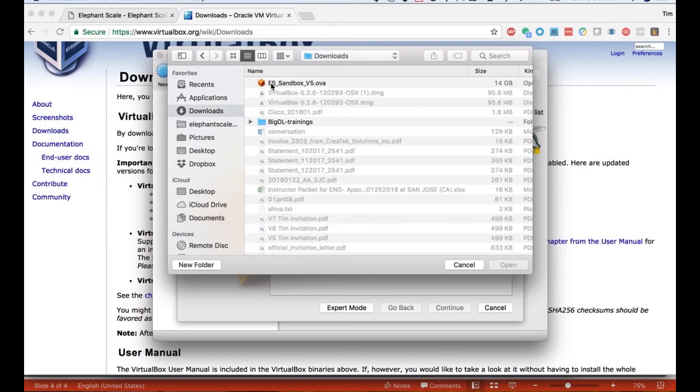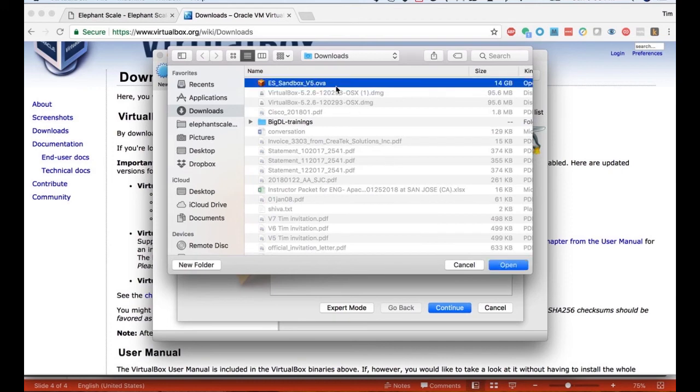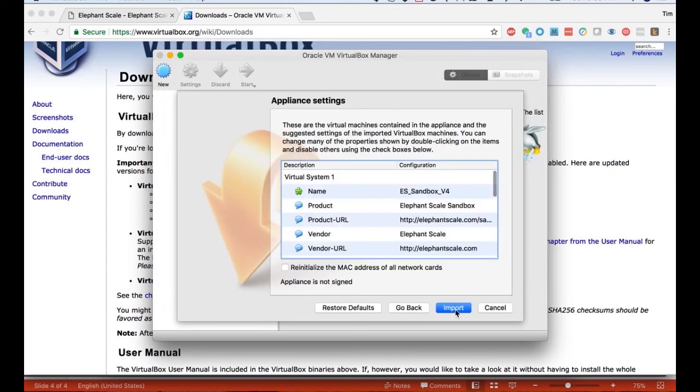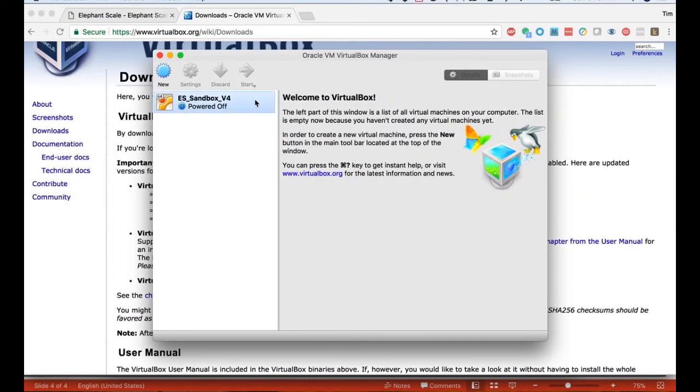Go to my downloads and get the OVA file I just downloaded. And I will click on import. And now it's imported my virtual machine.